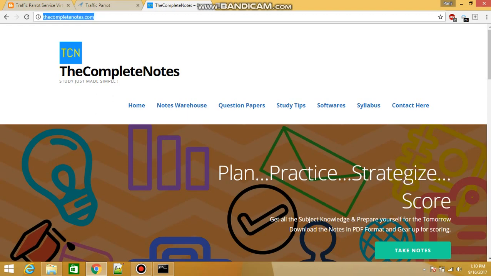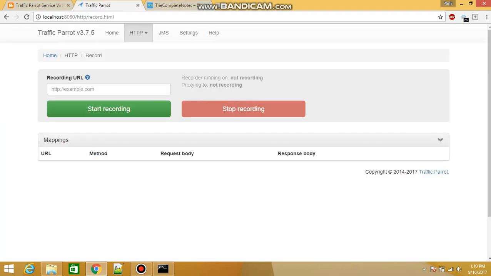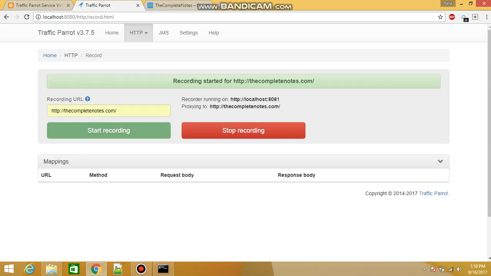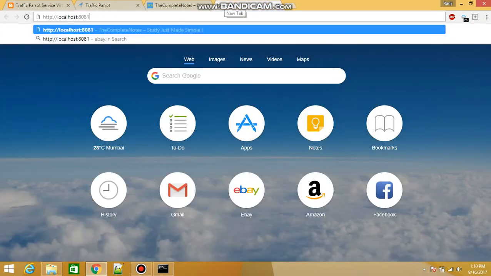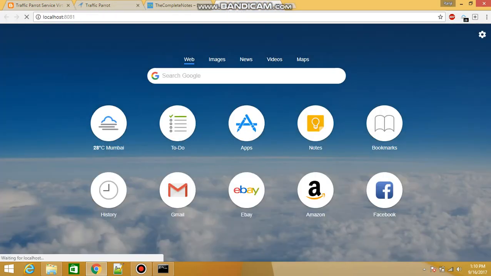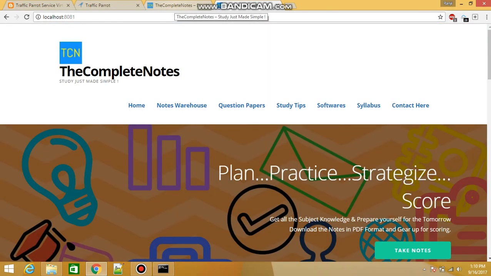For that, first I will copy this and paste the URL here, and now I will click on start recording. So recording has started for this particular site, and you can see the recorder running on this side. Just copy this and paste it over here, and you can see the recording site.